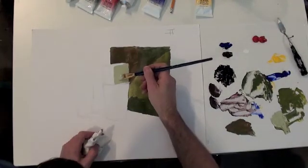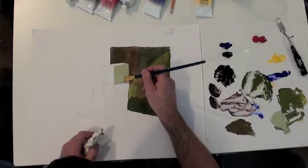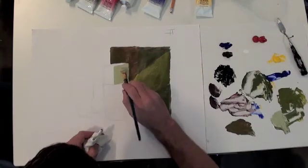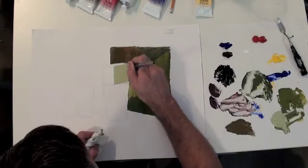What do you think? Is that about the right value? Yeah. It's going to always look dark when you have it on something white, so you almost have to wait until you get other dark values beside it to see how accurate it is. I think you're right that